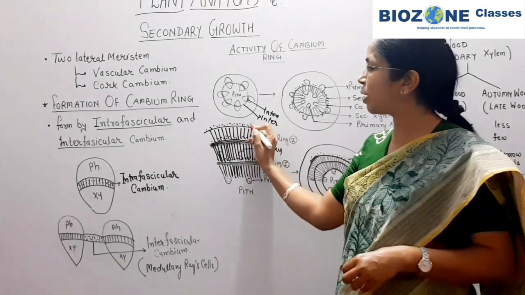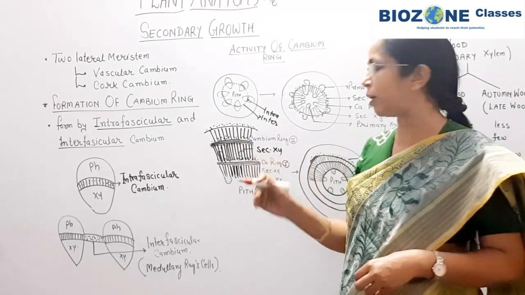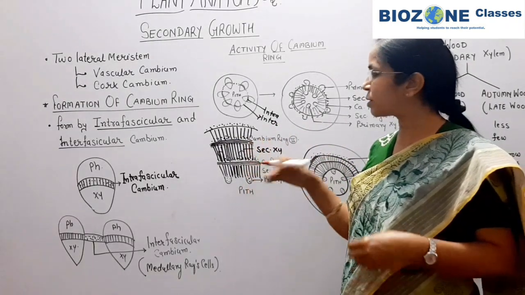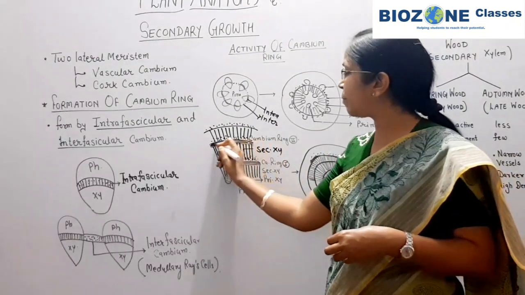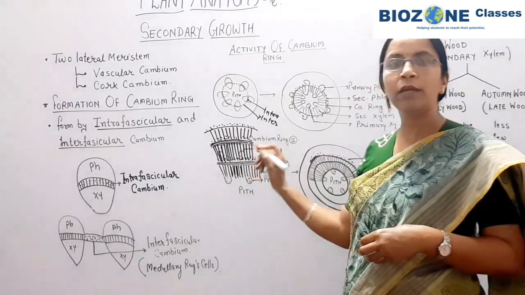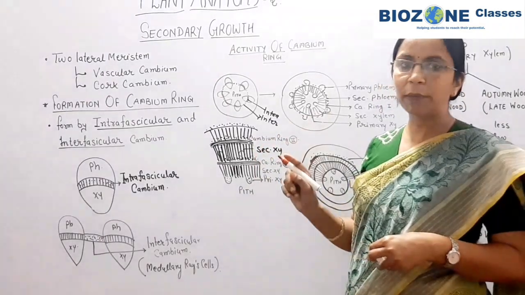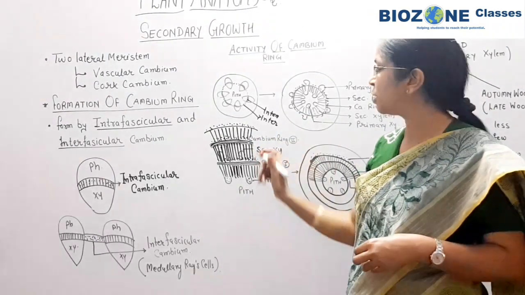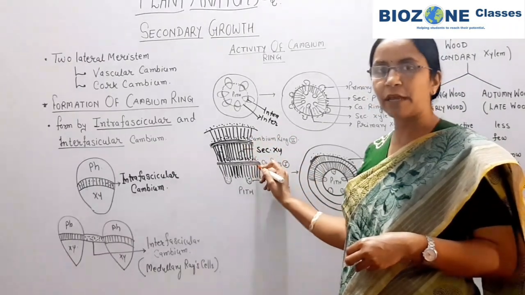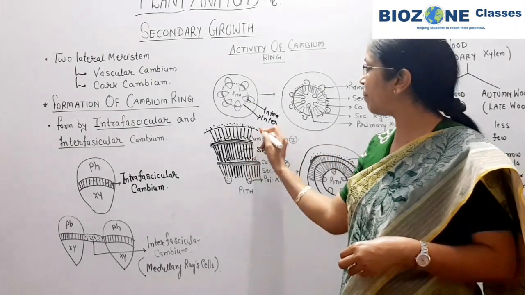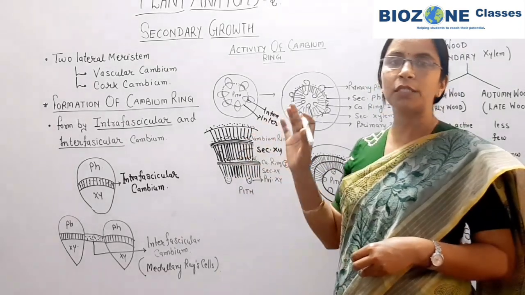This is our secondary phloem, and when the new cambium ring is formed, it is always present outer to the secondary phloem. So when the stem becomes old and we observe its structure, in the older stem towards both sides of the cambium ring we only see the secondary xylem. Remember this again for your upcoming examination. The older cambium rings are surrounded on both sides by secondary xylem, while the newer or recent cambium ring shows secondary phloem only towards its outer surface.